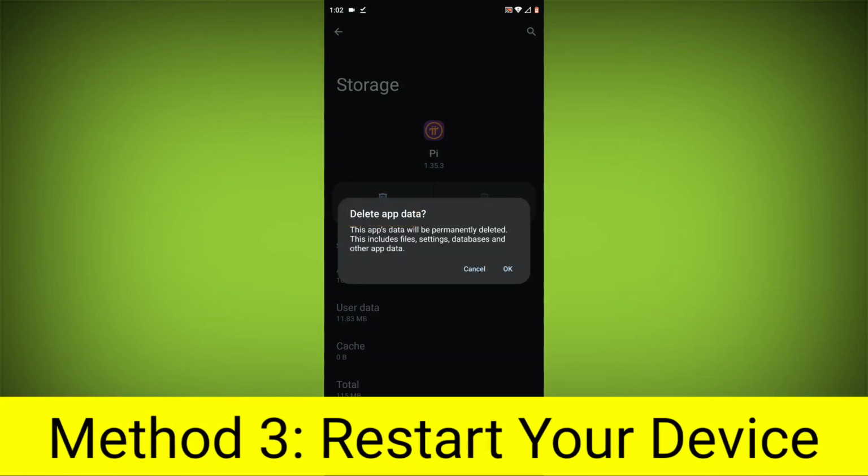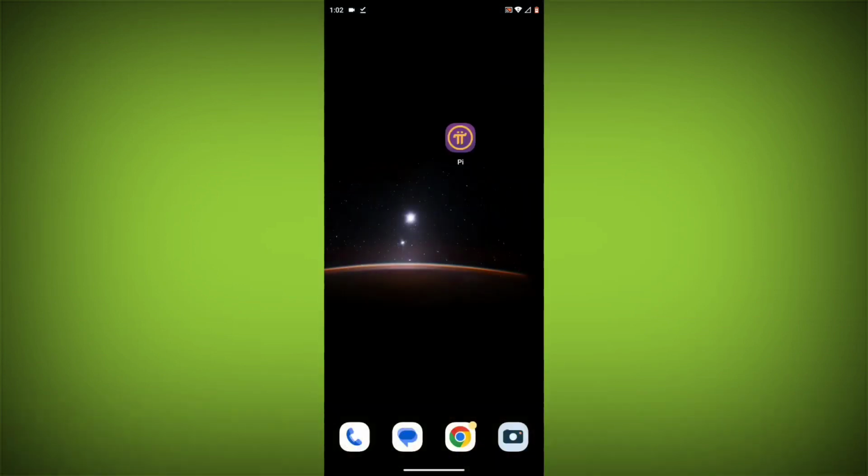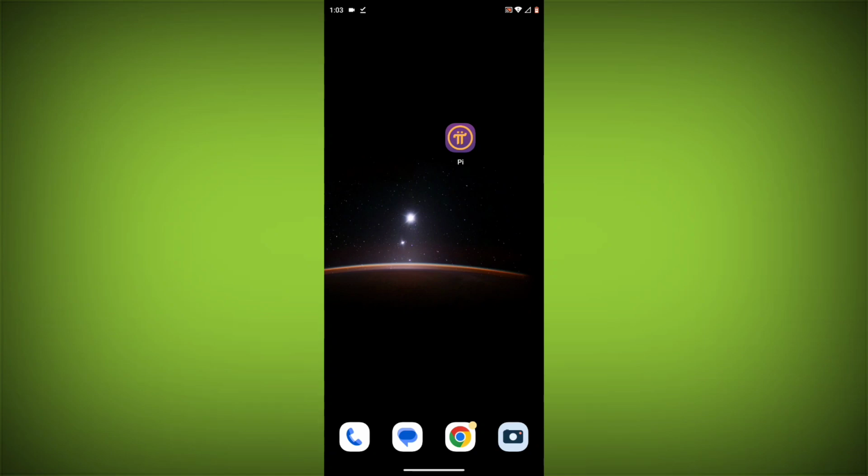Method 4. Restart your device. After doing all these, just simply restart your device, and your problem will definitely be solved. If you are still having trouble with the Pi Network app, you can try contacting the Pi Network support team